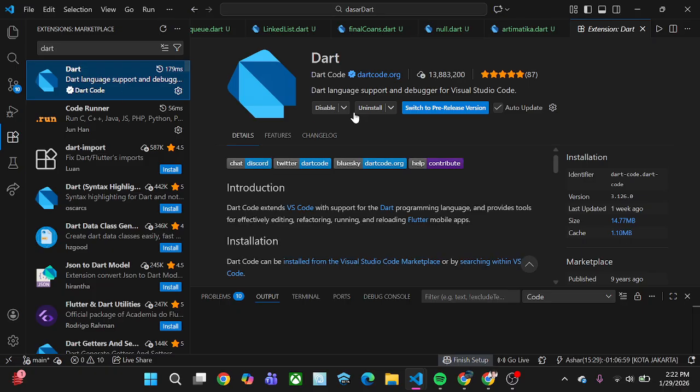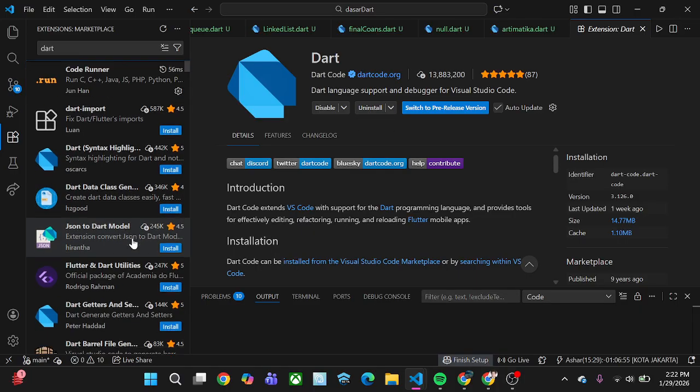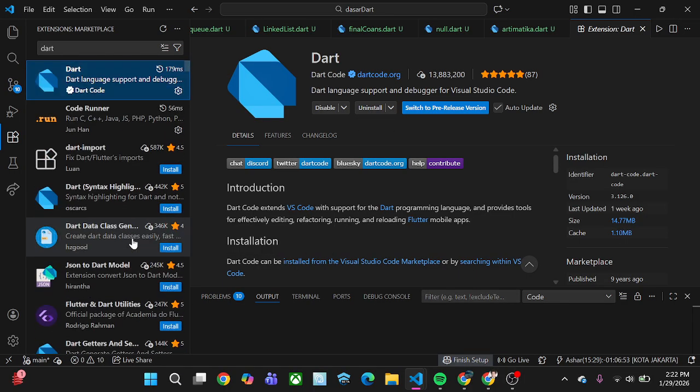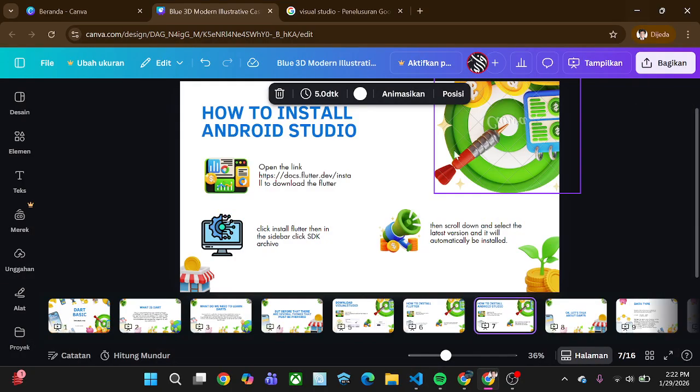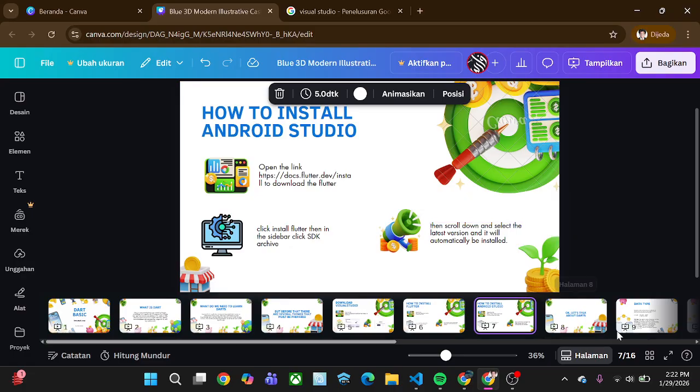This is the Dart install. Okay, then you install. So let's go.